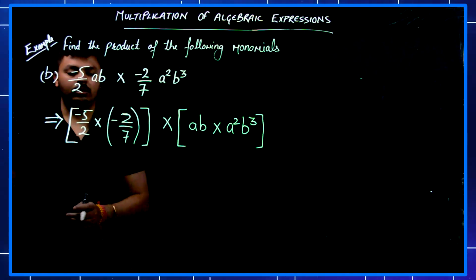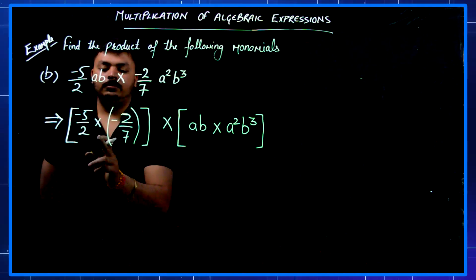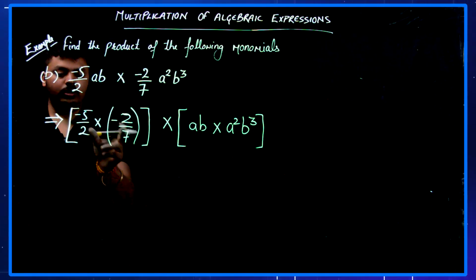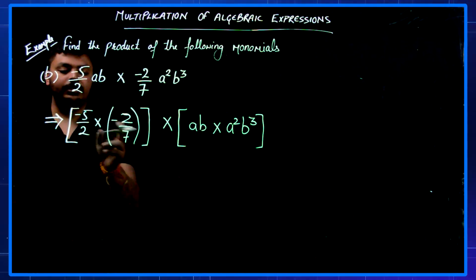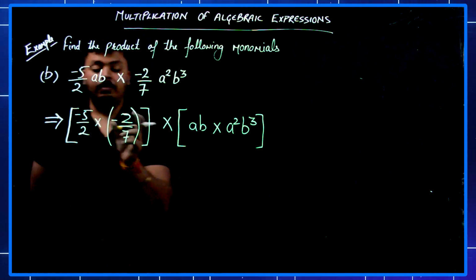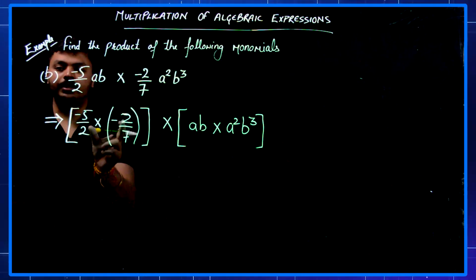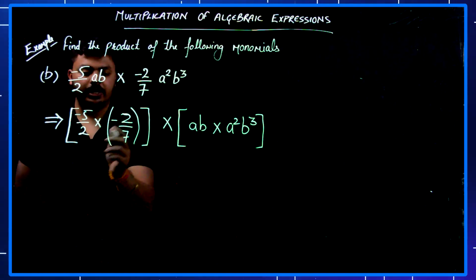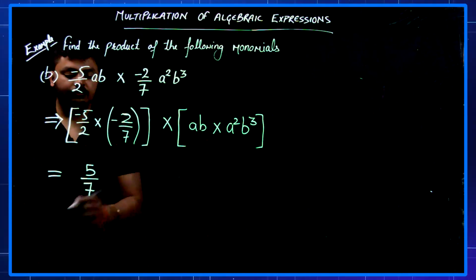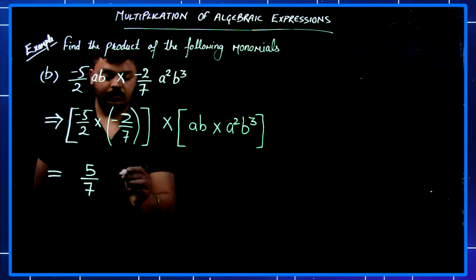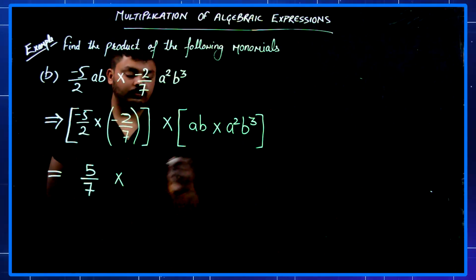Now we know that whenever two negative terms are multiplied, then the sign changes to positive. The multiplication of two like signs always gives a positive term, so we get plus 5 by 7 into